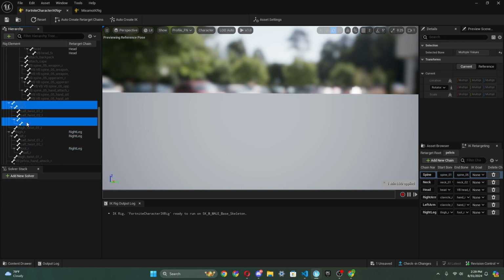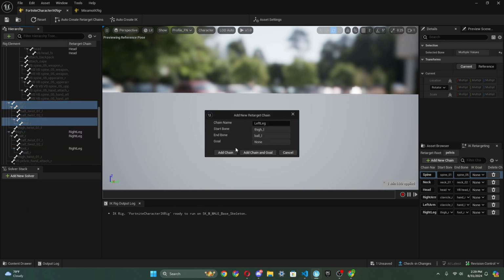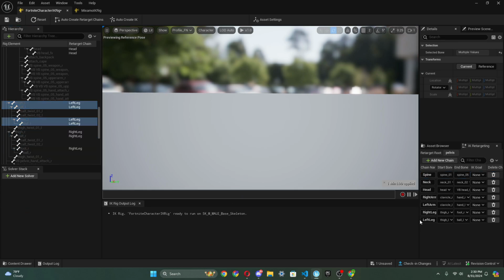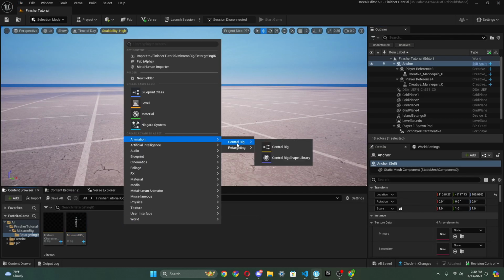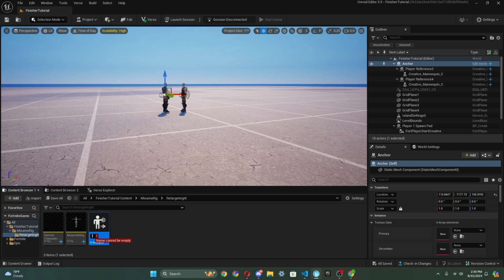So now we do the left, we do the same thing, so new retarget chain and add it in there, and boom. So now we're good with all those, and they match up. Okay, so we're good with this. We could just save this and exit it, and now we go animation, retargeting, IK retargeter, and this is gonna be